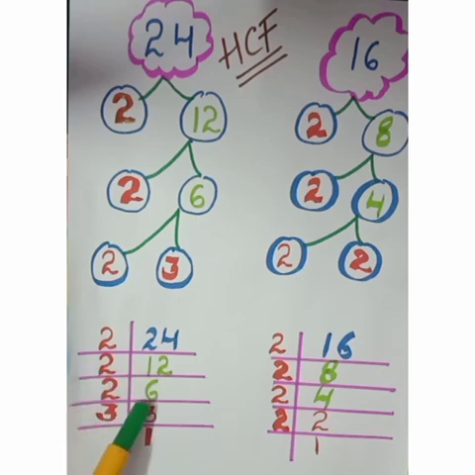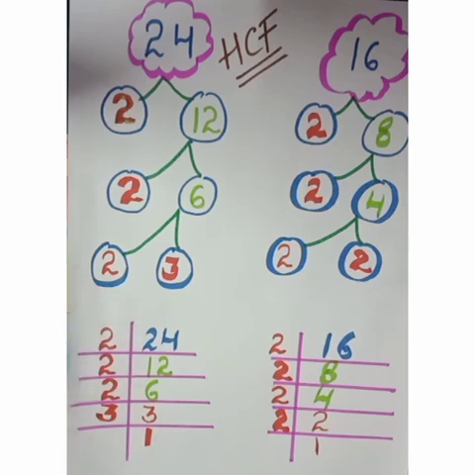6 is also divisible by the smallest prime number 2. So when we divide 6 by 2, I got 3. Now 3 will be divisible only by 3 because it is a prime number. So we got the prime numbers here 2, 2, 2 and 3. Here also we got the same prime numbers, 3 times 2 and 1 times 3. Whether you do the factor tree method or prime factorization method, your answer will be the same for the prime factors.